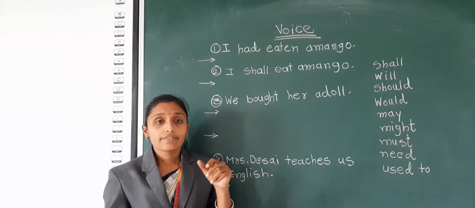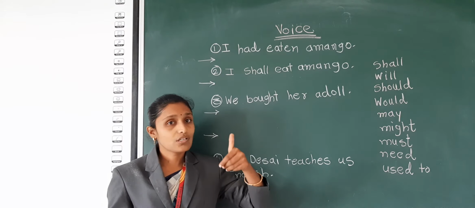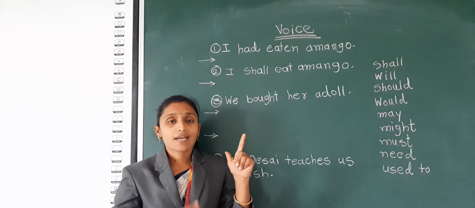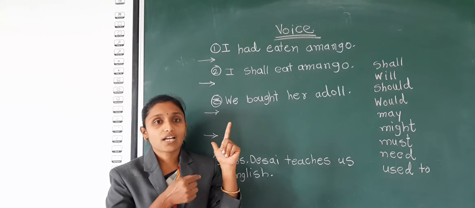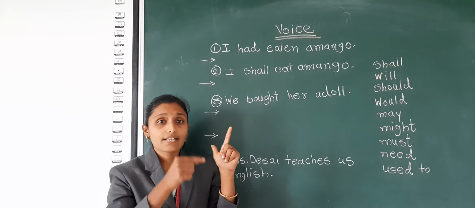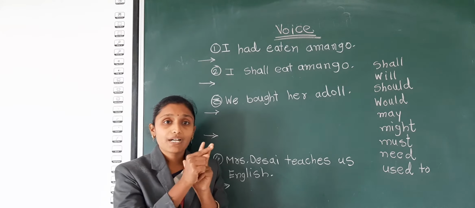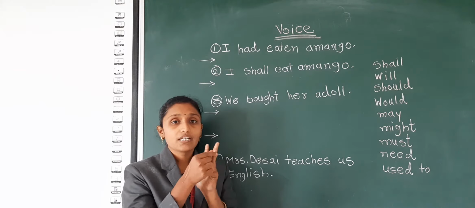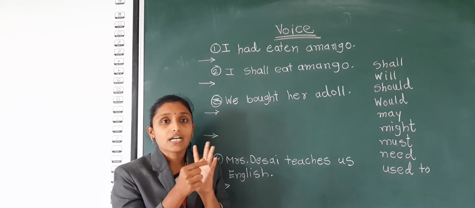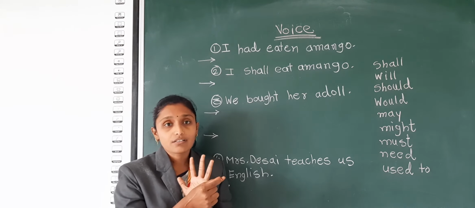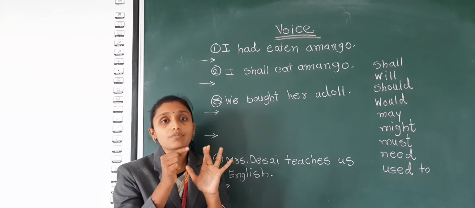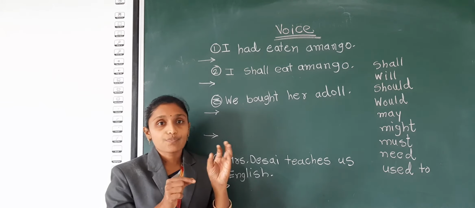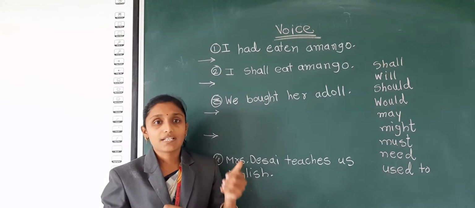Then how do we convert it into passive voice? That also we see. First of all, begin with the object. You can start a passive voice with the object. The second thing, which is most important, students, is the helping verb: am, is, are, was, were, otherwise shall, be, should, would. These are all examples of helping verbs. Then after that comes the past participle, in short PP. Then next comes the preposition by, and then the subject's second form. So first object, then helping verb, then past participle, then by, and then the subject's second form.